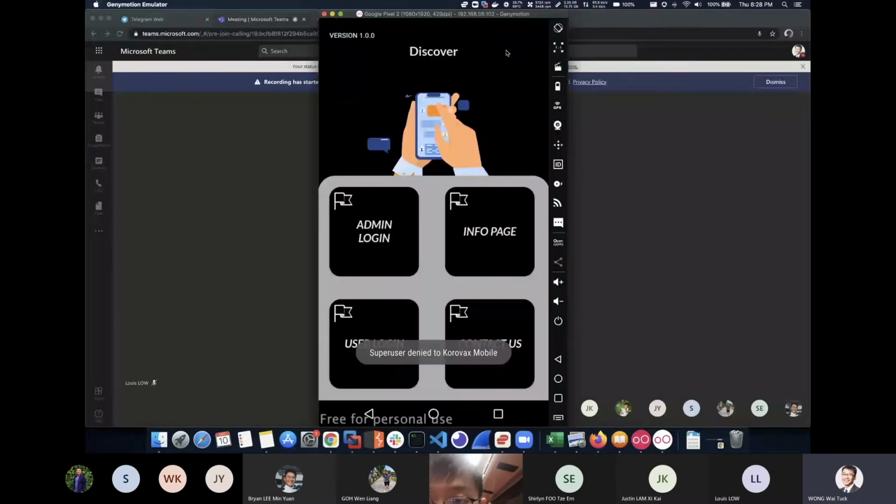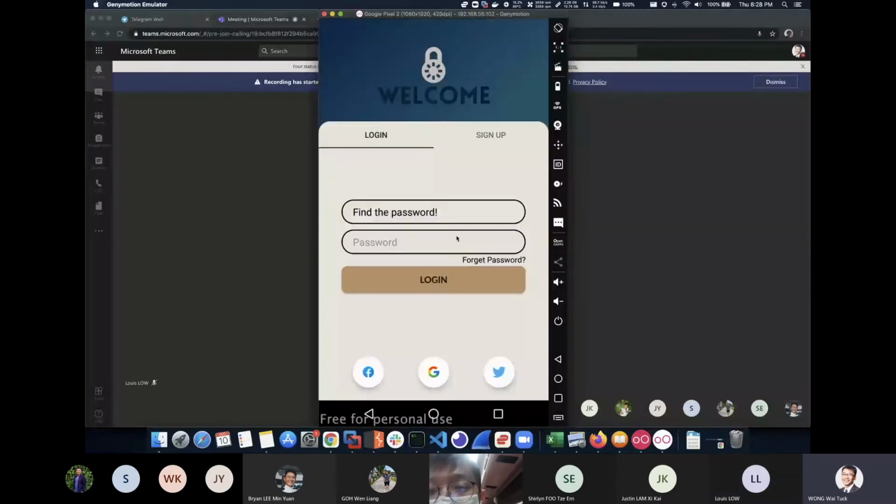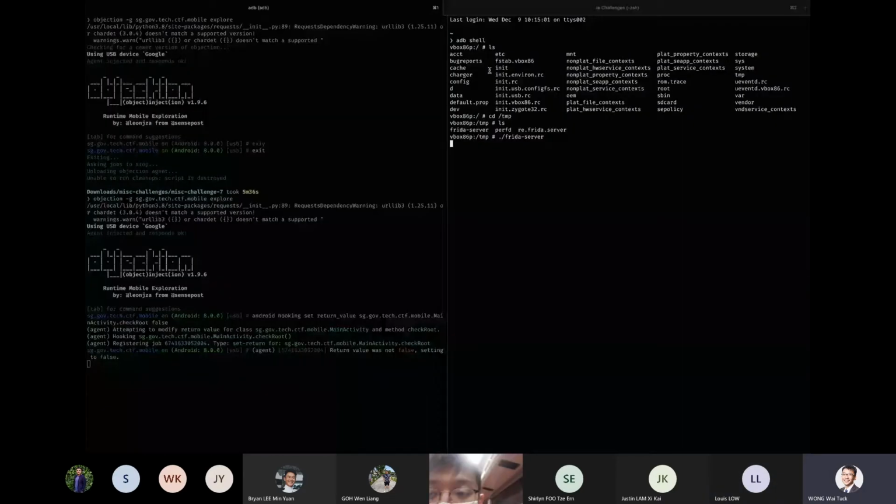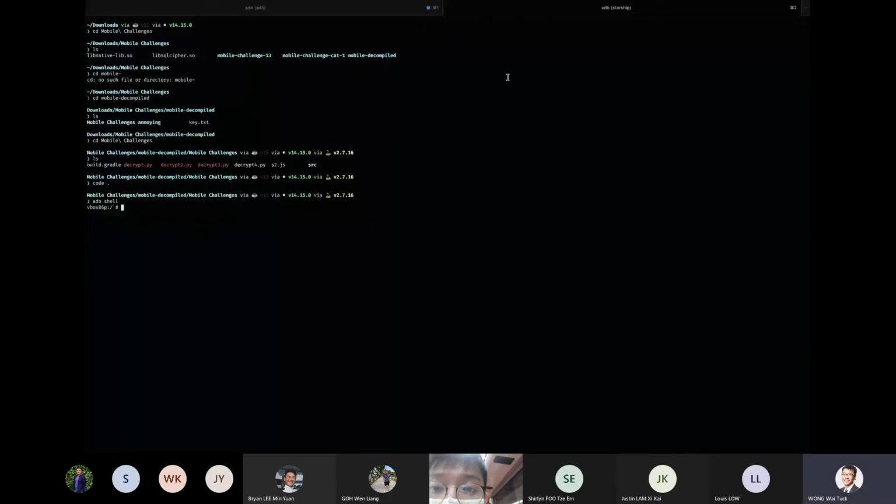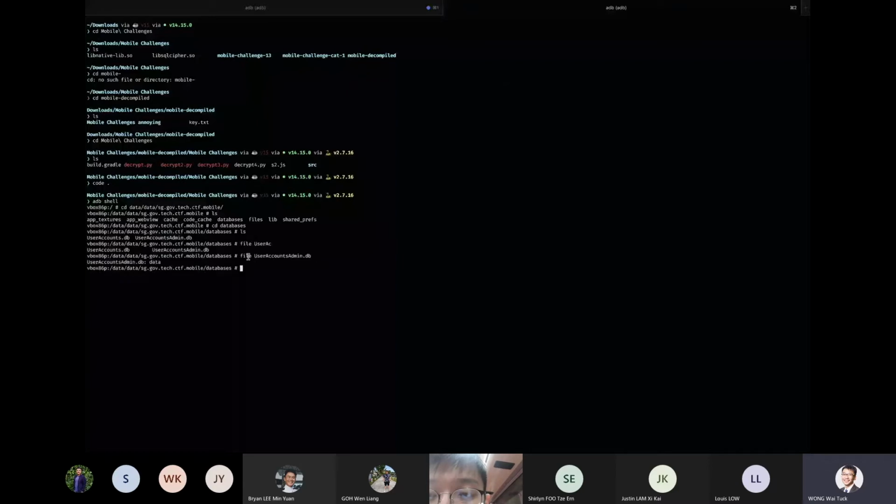So the thing we're interested in is the admin login, right? You can of course use the SQL injection, but actually that's too lazy. What you realize is that if you SSH into the thing, and then I think it's data, the databases are stored here. So the admin database is actually stored here, and if you run file on user accounts DB, it says it's data because it's actually encrypted. I'm not going to show it here because there's nothing to show, but it's an encrypted database, and they use this library called